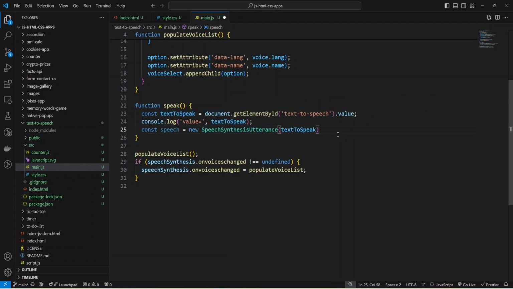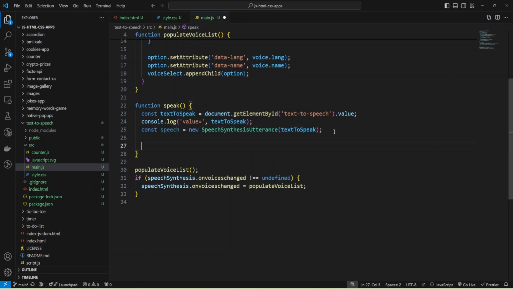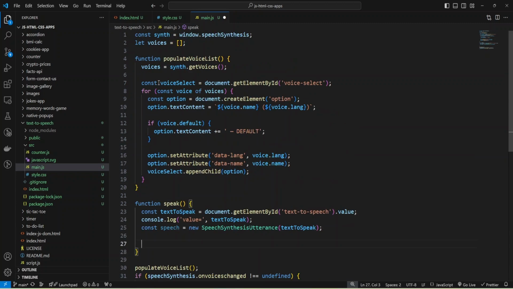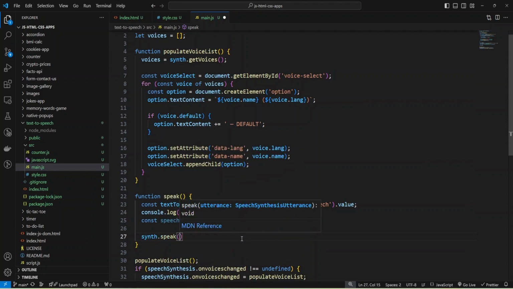Now I can call speak of my speech synthesis. It will speak and provide my speech.